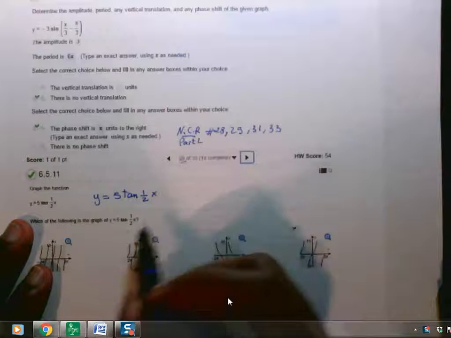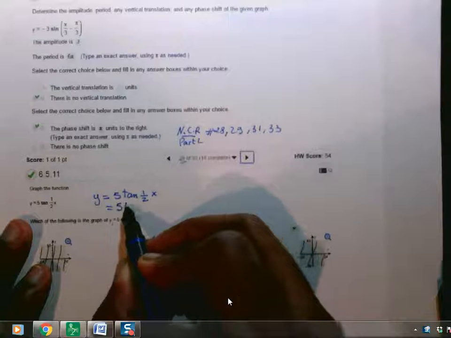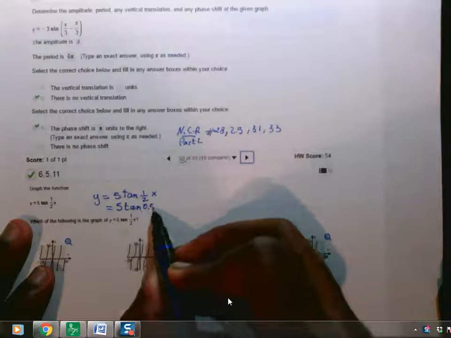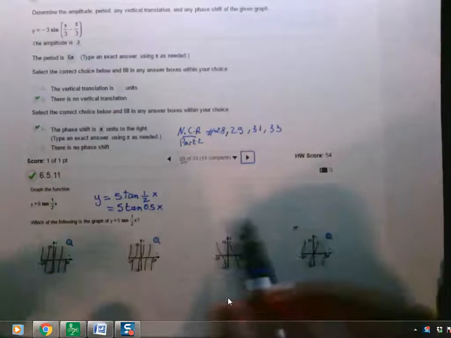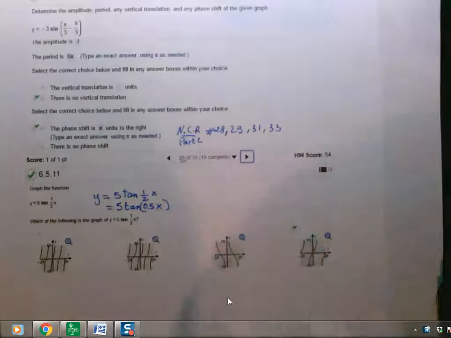1/2 of x. You know that 1/2 is basically 0.5. So in your calculator, just to make it easy to type in, you can write this as 0.5x to avoid extra parentheses and things like that. So this is what it will look like in your calculator. So you take your calculator,